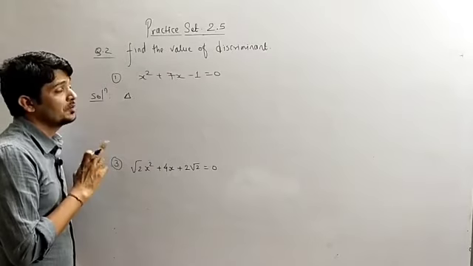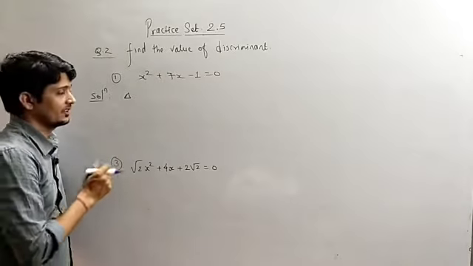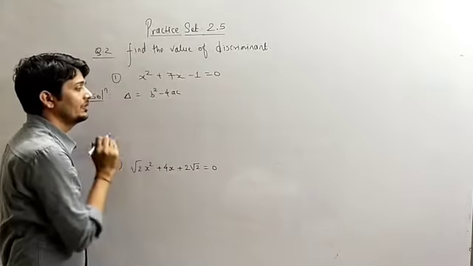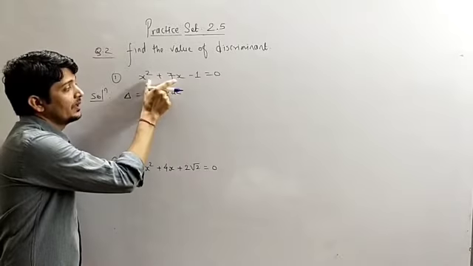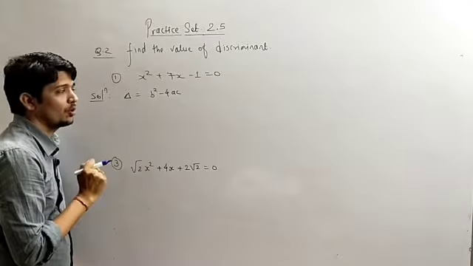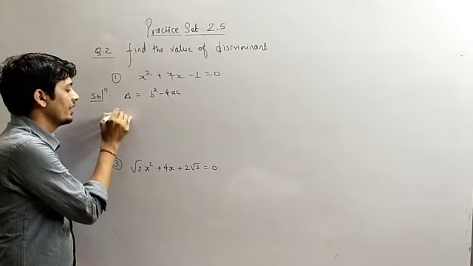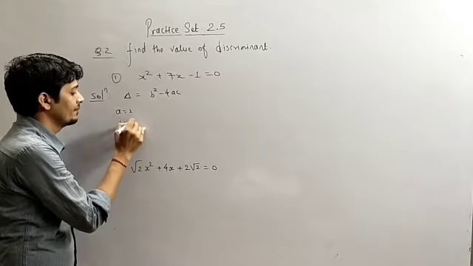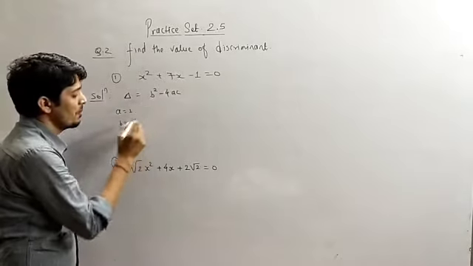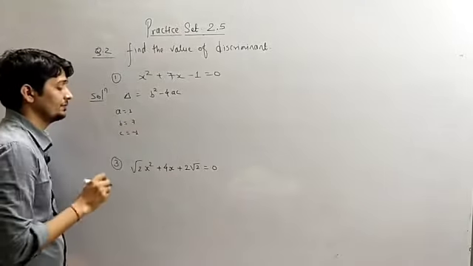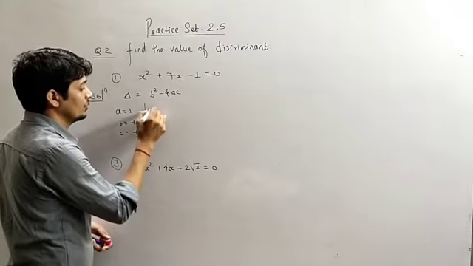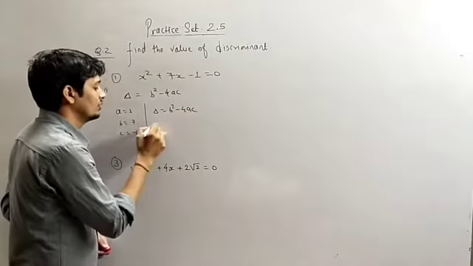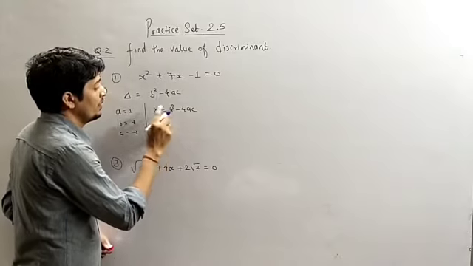What is discriminant? It is delta. We studied that we represent the discriminant by delta. So delta equals b square minus 4ac. So if we compare this equation to the standard form of quadratic equation, we can decide a equals to 1, b equals to 7, and c equals to minus 1. So we have to solve now. So del equals to b square minus 4ac. So del equals to b. What is b? It is 7.